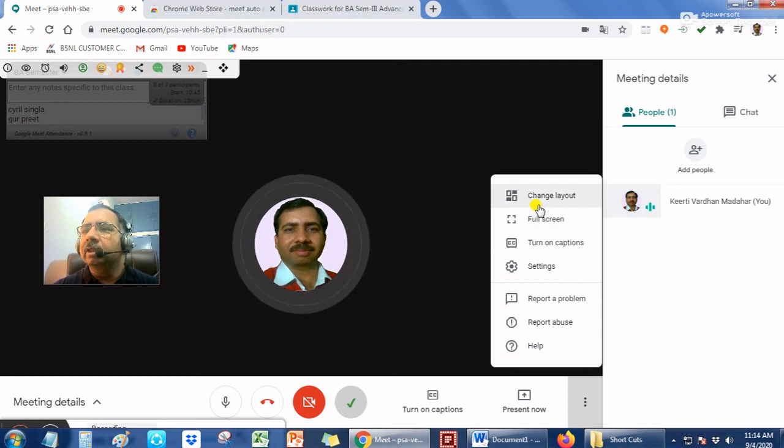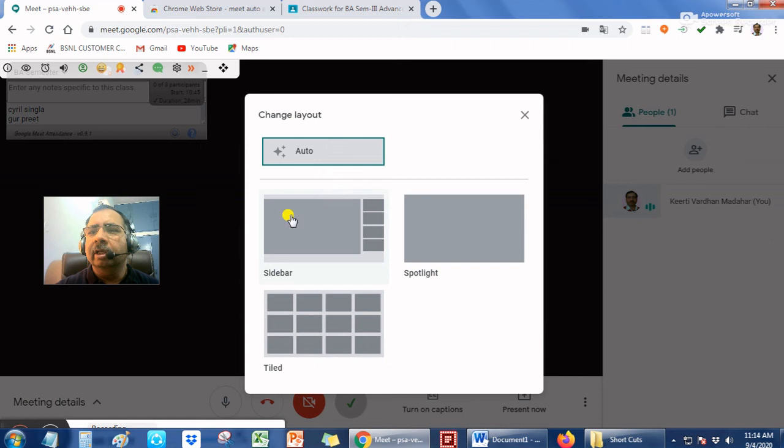So first is change layout. If you click on change layout, there are various ways how you want to see your students. So the present layout is this one. The names of students are coming on the right hand side window, and the sharing material is here. But if you want to see all your students, you press here tiled.